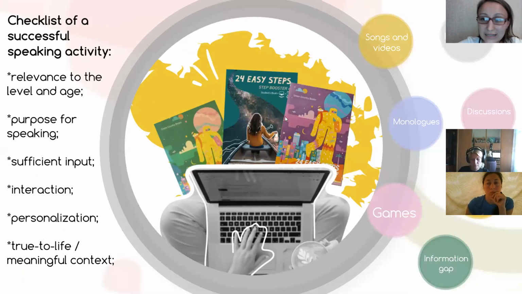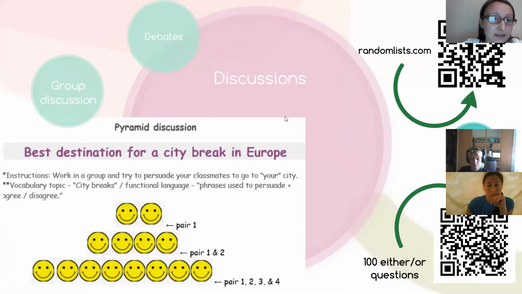Then also a great activity that does not require so much preparation: discussions. Discussions might be different. They can be adapted to any age. They can be adapted, though not to every level, because elementary students might need more prompts. I will show you in debates. But nevertheless, they will encourage the students to speak because they will have a purpose for speaking. They need to decide something or express their opinion. Again, opinion means personalization, so it's great because they will have an opportunity to express their own ideas,